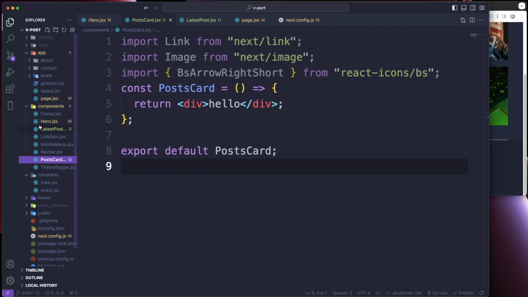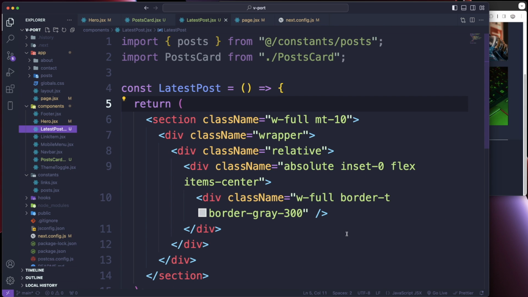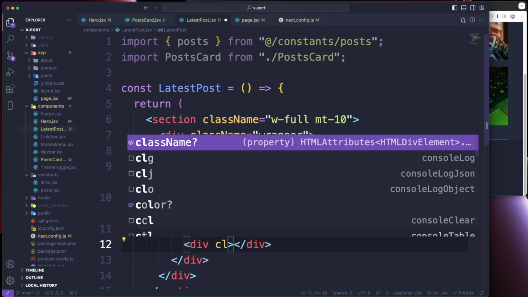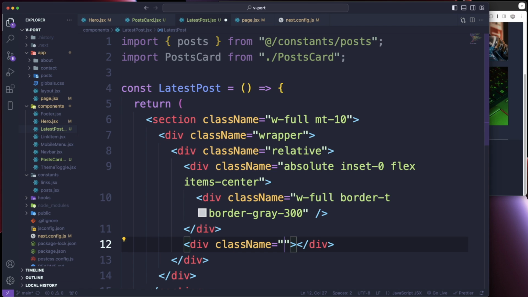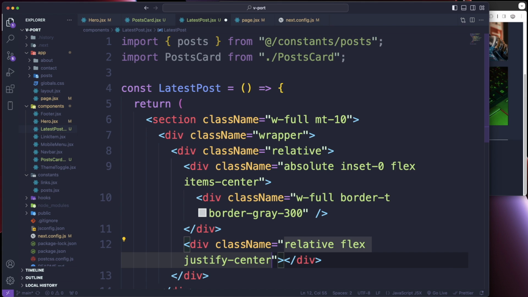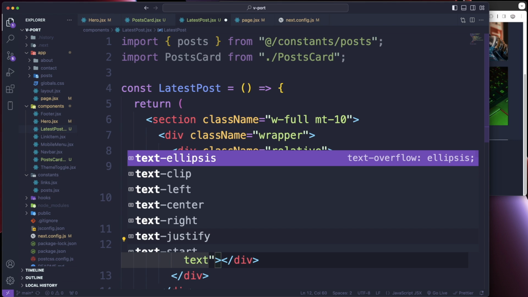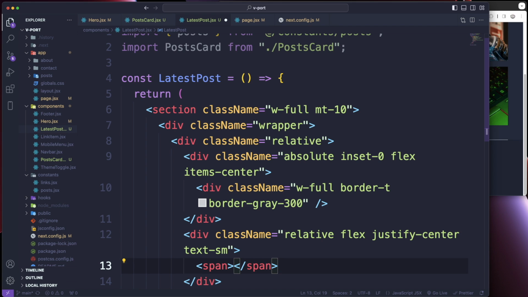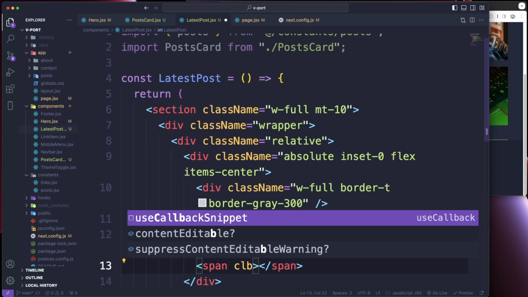So let's head back over to latest posts, and right after this div here we're going to have another div, and this is going to have a class name of relative, a flex, justify center, and a text of small. And in this, we're gonna have a span with a class name of BG,